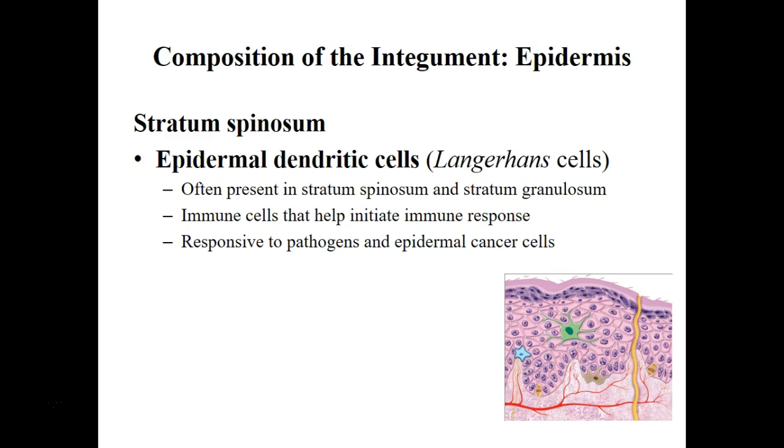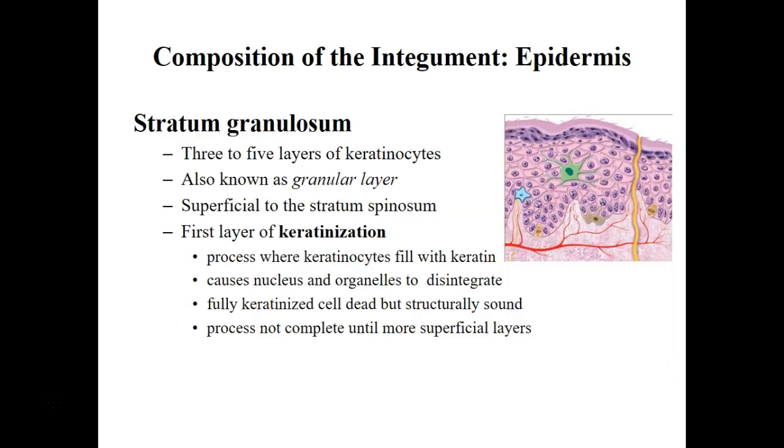Dendritic cells are white blood cells of the integument. They're your immune system cells that protect us and that can initiate immune responses if skin is attacked by anything. Stratum granulosum